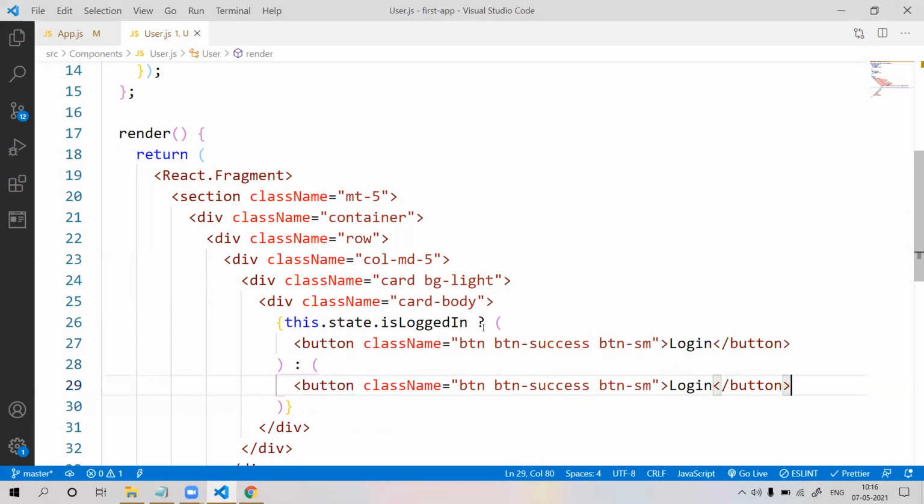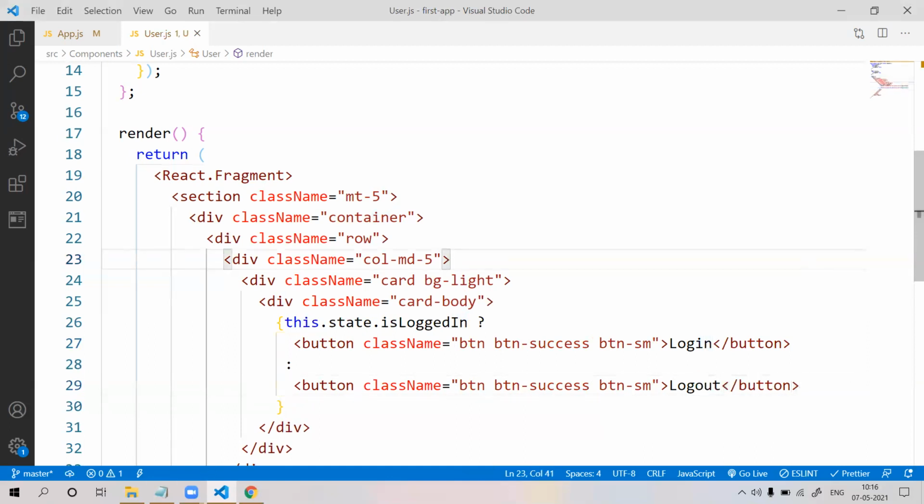Else, why is this parenthesis given? Not required this thing. Else we can define the log out button, log out.